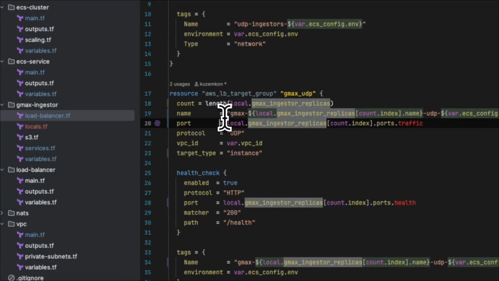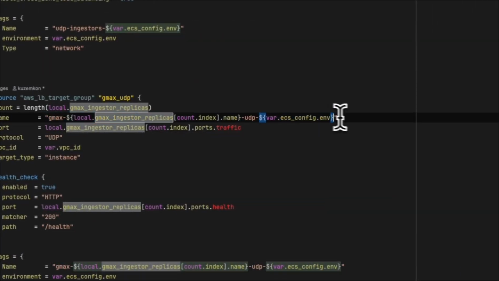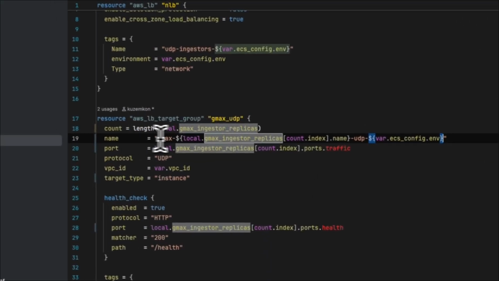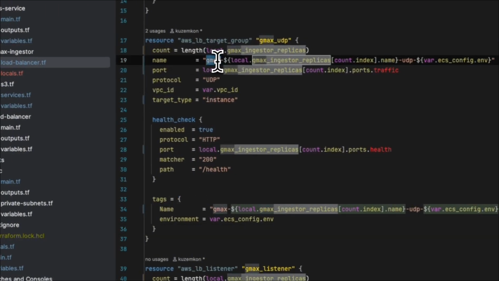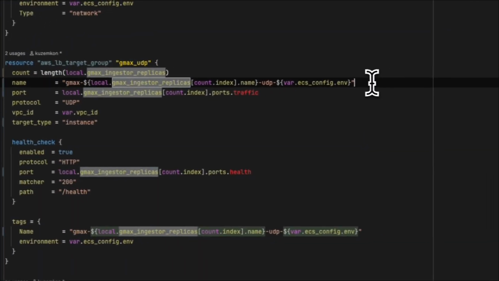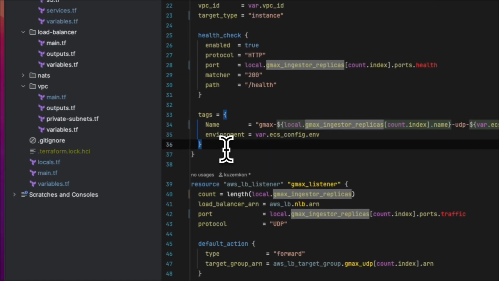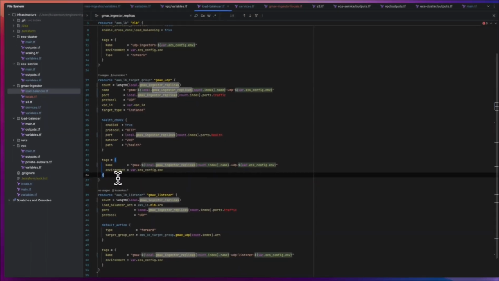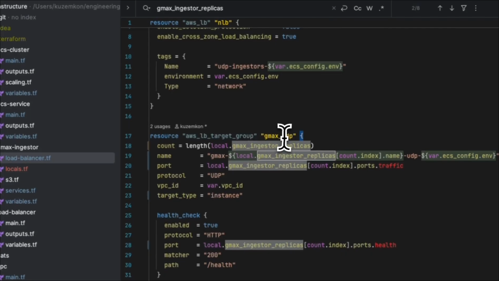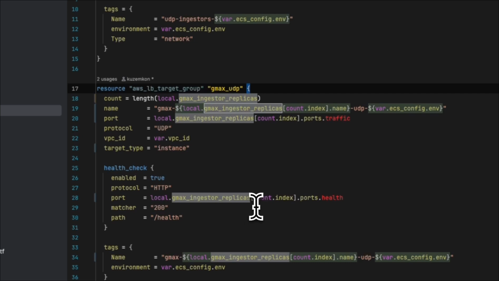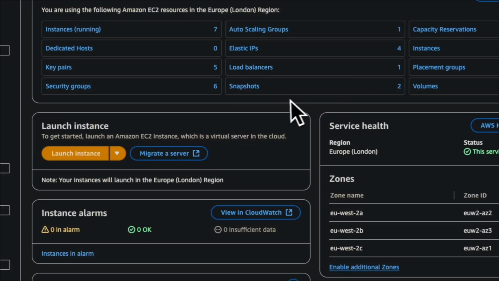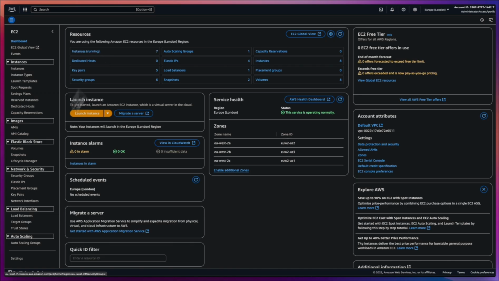Basically, in the target group, when we name it, we should add some random string, so every time it creates the instance with a random string, and we create a lifecycle policy to ignore the name. So if the name is changed, Terraform will ignore it. And we create another policy, create before destroy. So what does it mean? That the target group will be created and attached to the listener, and then only the old one will be deleted. I don't want to do it right now because I'm not really focused on changing target groups,